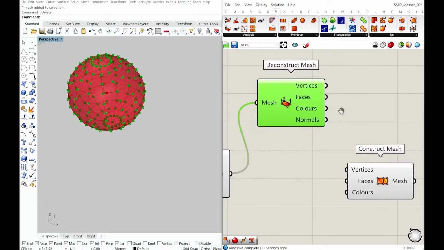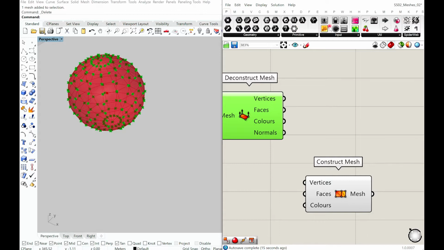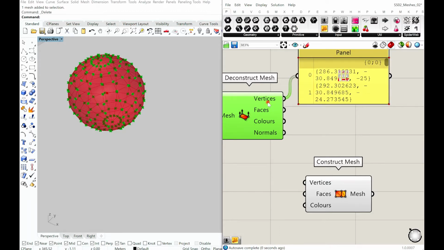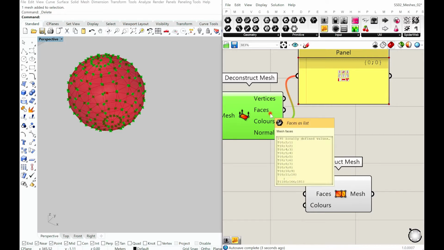Now if you look at it, there are 182 vertices and then there are 195 faces. So the total number of faces is 195, and then you have optional colors. It says empty right now. No color is defined, and then there are 182 normals.